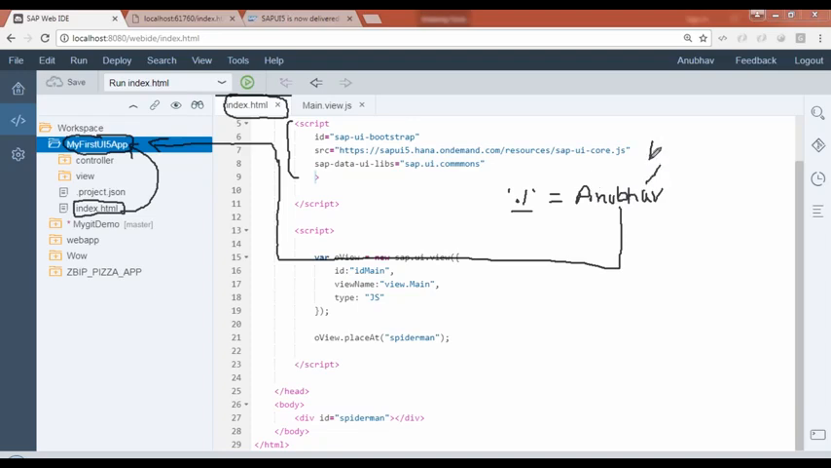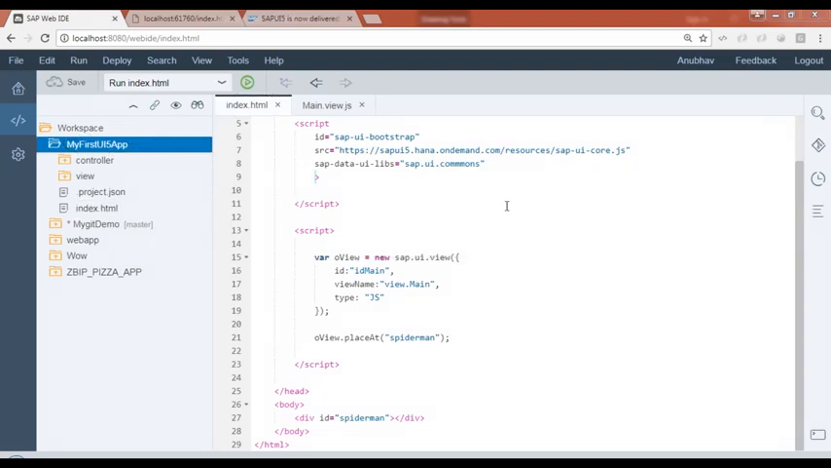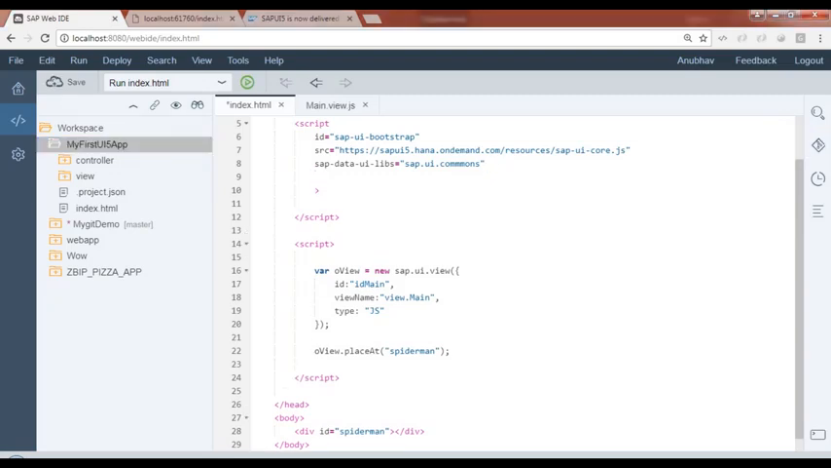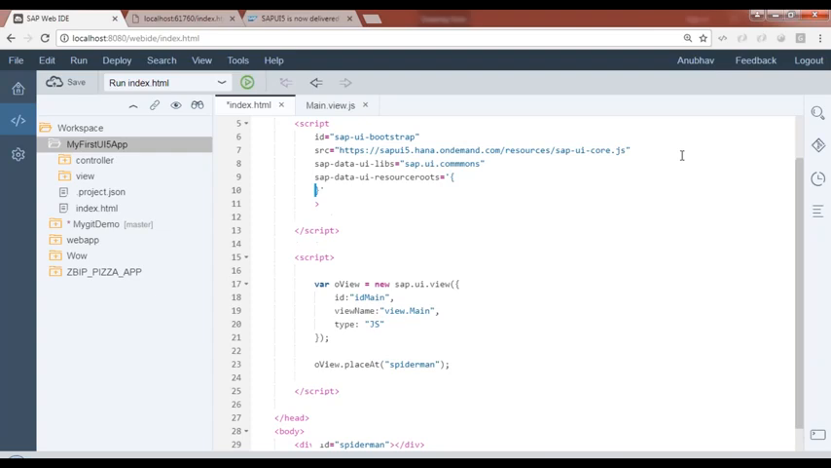This is called namespace in UI5. What is namespace? It's a path of the current working directory in UI5. Let's do that. So what I'll do is I will come here and give a namespace, and for that, sap-ui-resource roots equals to,